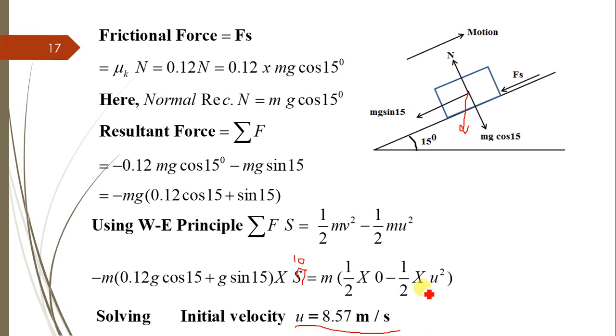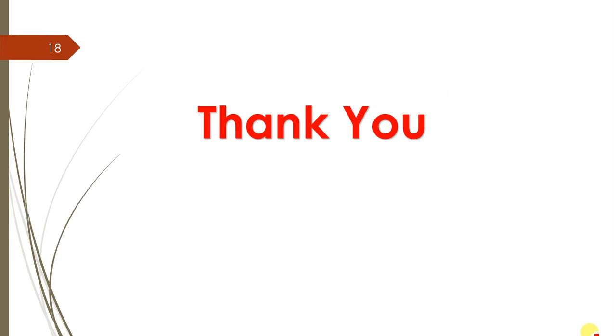So in this way, by using the work energy principle, you can easily determine the initial velocity. The problem which we can solve by using the work energy principle can also be solved by using Newton's second law of motion. But instead of applying Newton's second law, if you use the work energy principle, within a few simple steps you will get the final answer. As the work energy principle is derived from Newton's second law, the problem solved by work energy can also be solved by Newton's second law.